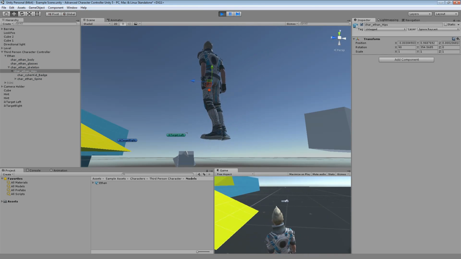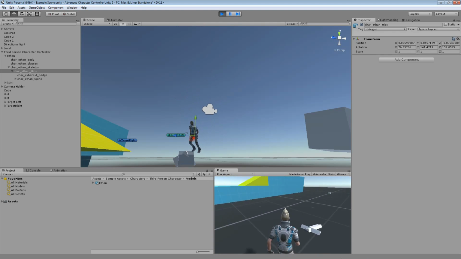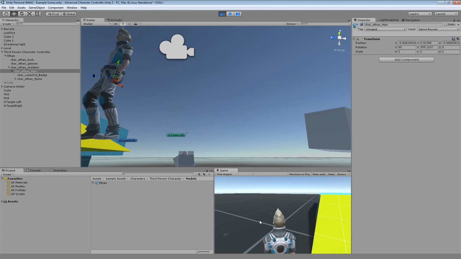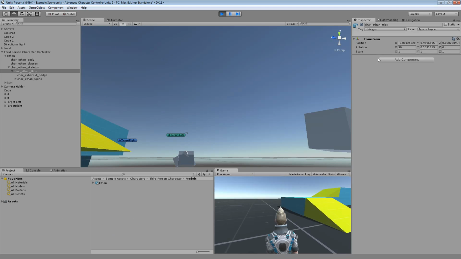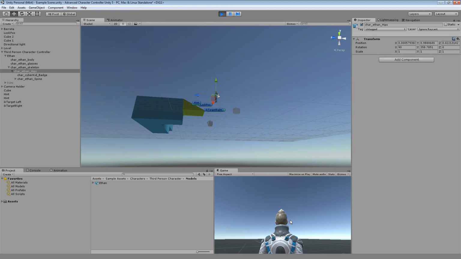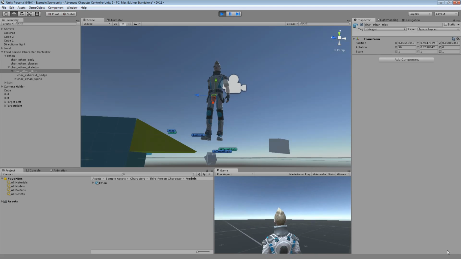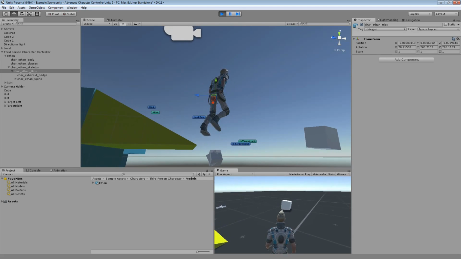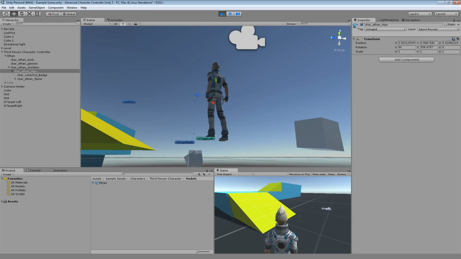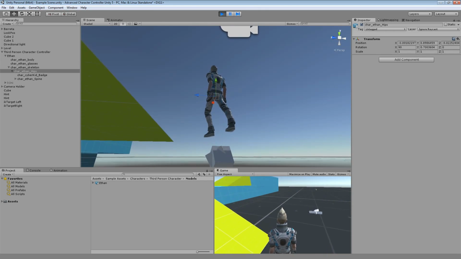Now keep in mind that when we are running we don't have any floats, we don't manipulate the floats of our curves, of our animator. So he doesn't influence the IK,